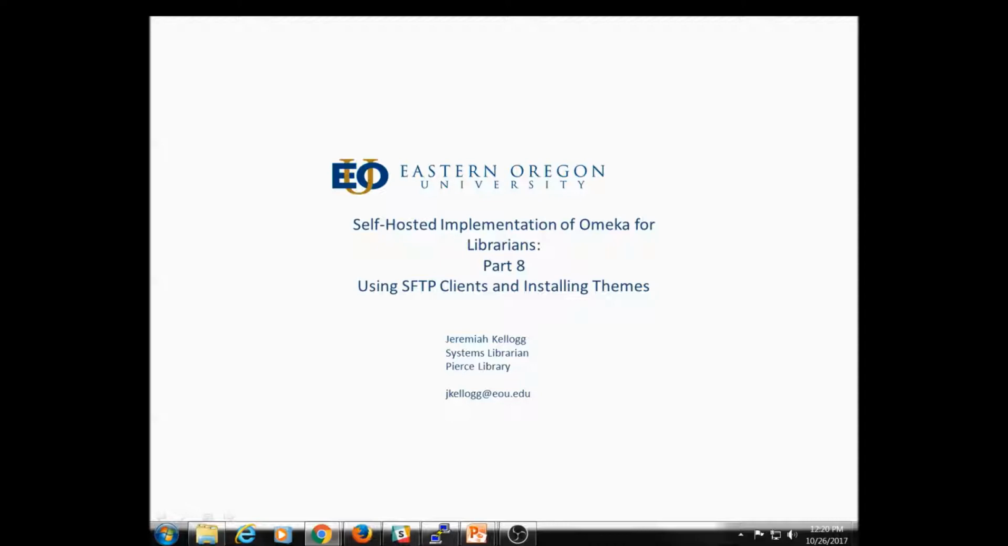In this video, we're going to talk about using SFTP clients and how to install themes. I find Omeka to be somewhat similar to WordPress in many respects, though one area where it really diverges is installing a theme is not quite as easy. It's not a point and click sort of installation. So we're going to look at how to install a theme today, and there are a couple of ways